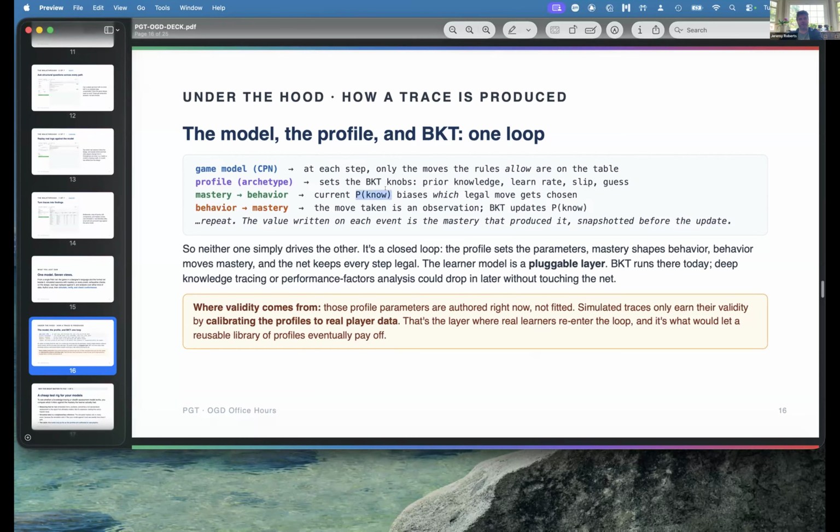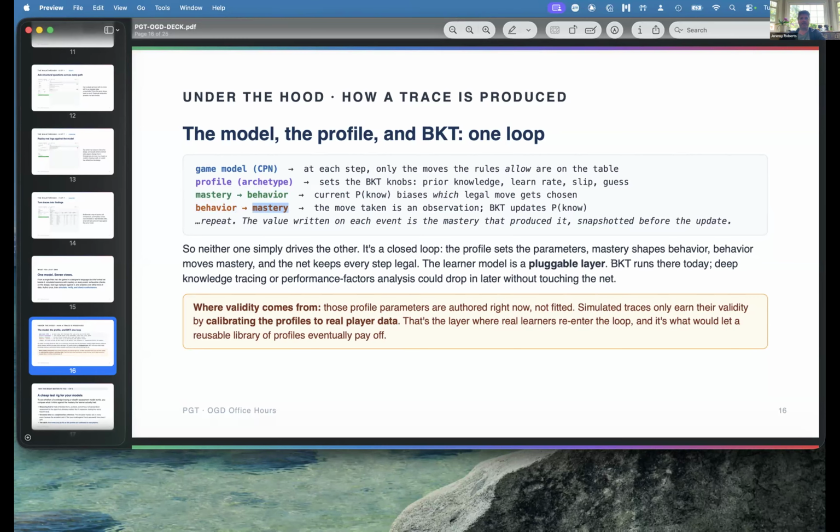The current BKT, for example, helps drive the behavior of the synthetic learner. And given the structure, it can only choose from structurally valid options. And then the behavior and correctness and so on then feeds back into whatever the mastery estimates are. So that's the loop we've got going on here.